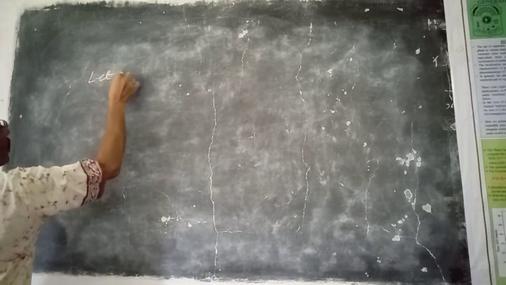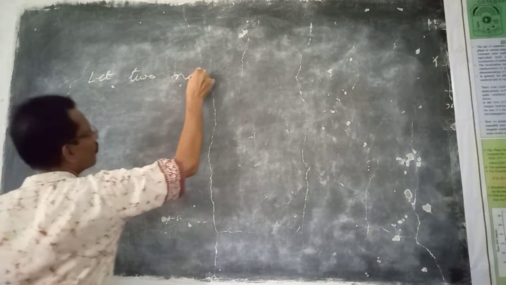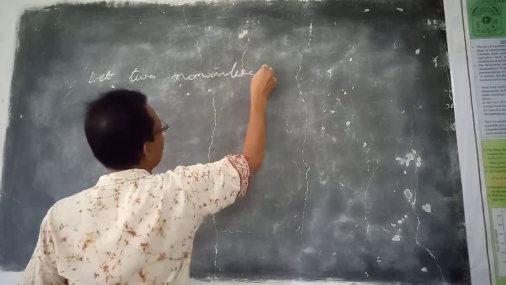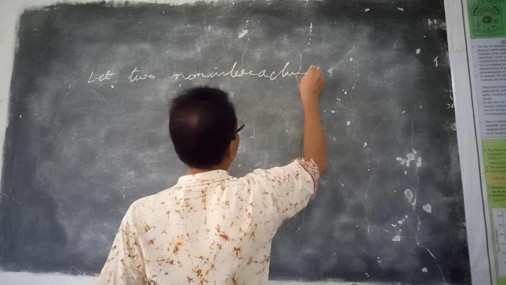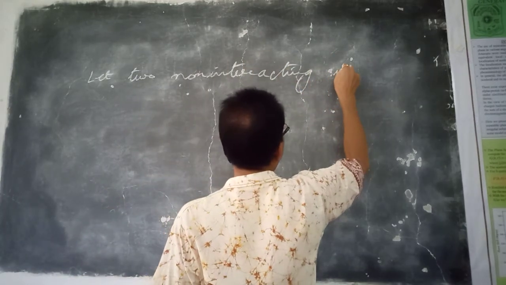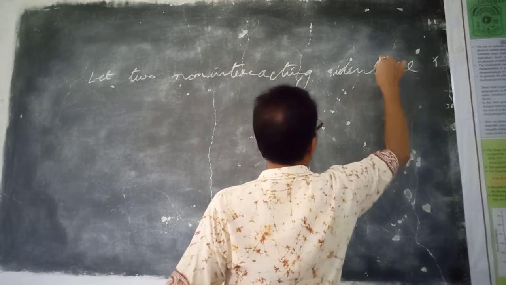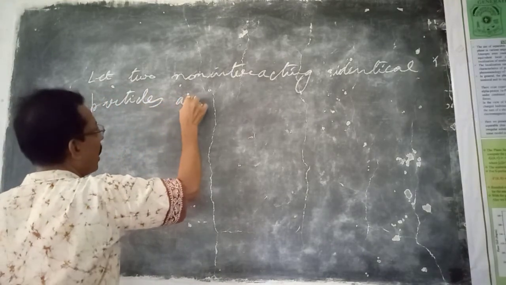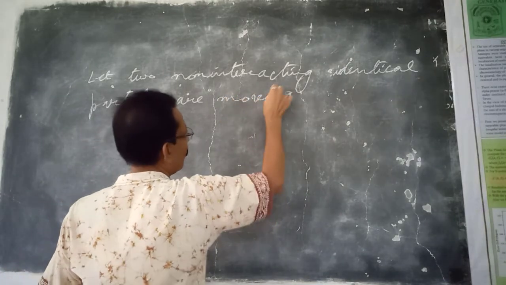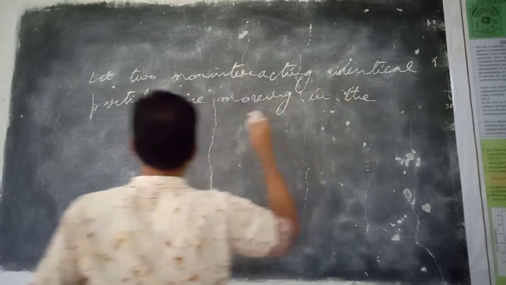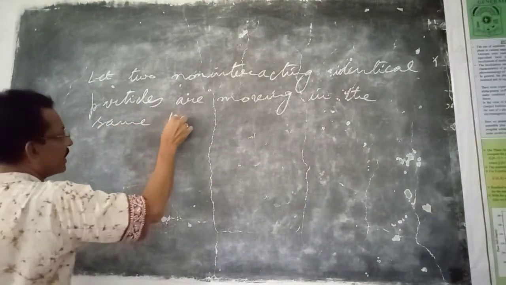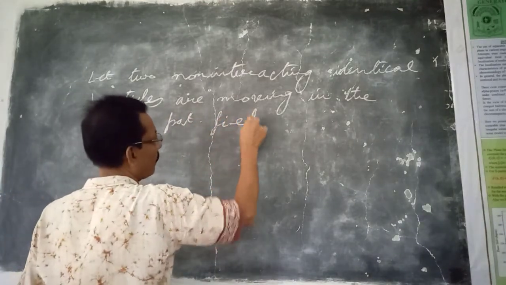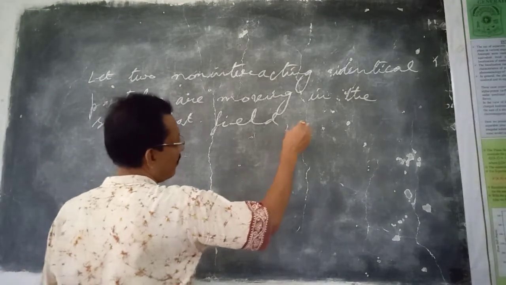Let two non-interacting, that means completely isolated, identical particles be moving in the same potential field. Then the total wave function